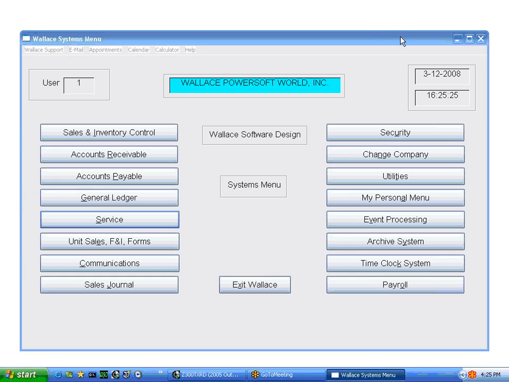This concludes this portion of the training. Go in, try cloning some jobs, go in, create some work orders, and